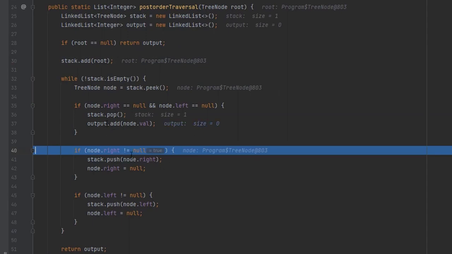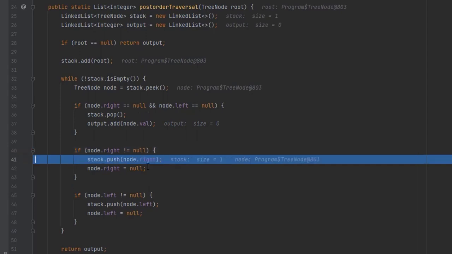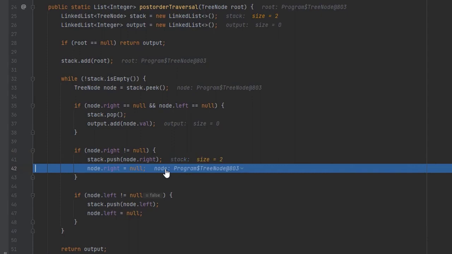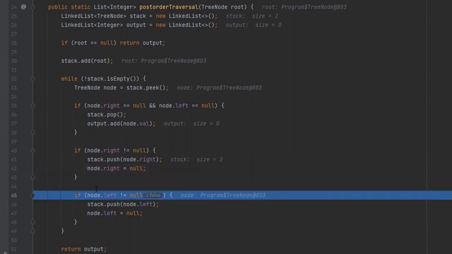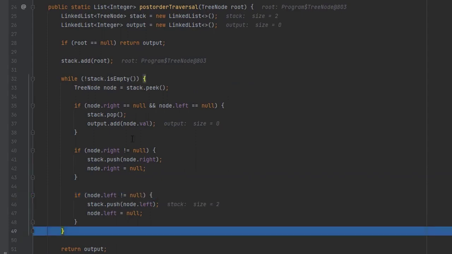So if node.right is not equal to null, that is true. So now we're going to push the node right onto the stack, which is the 2. And then we're going to assign that node right equal to 0. So now if node left is not equal to false, which it is in this case,